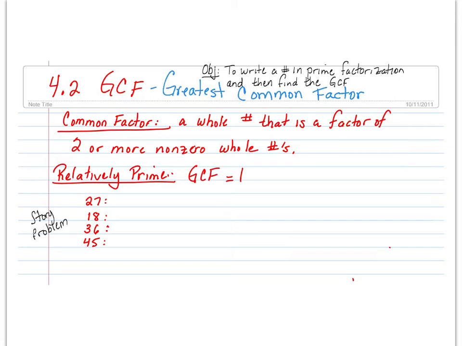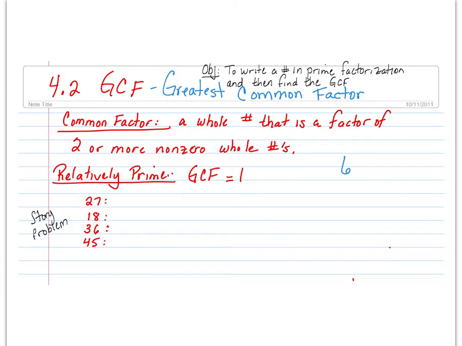They're divisible by 4. No, they're divisible by 2. They're divisible by 2. That would be a common factor, and that would actually be the greatest common factor. Okay, so we are going to be looking for the greatest common factor, but what if we looked at